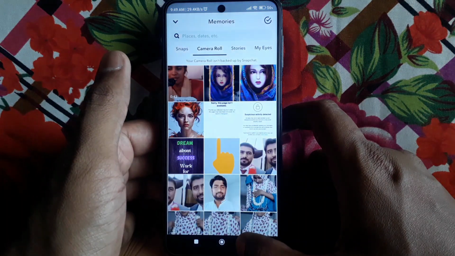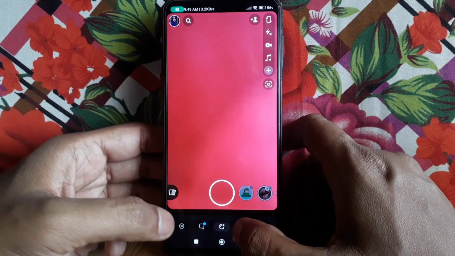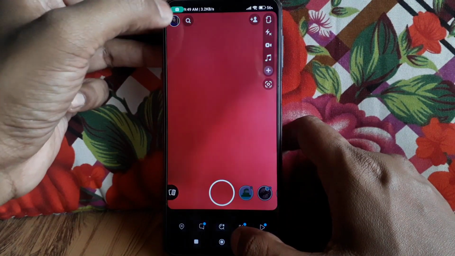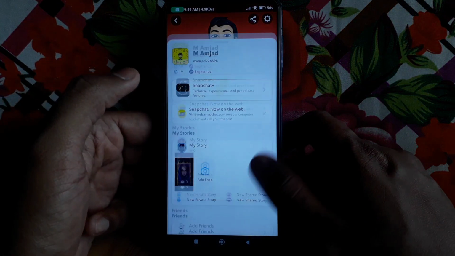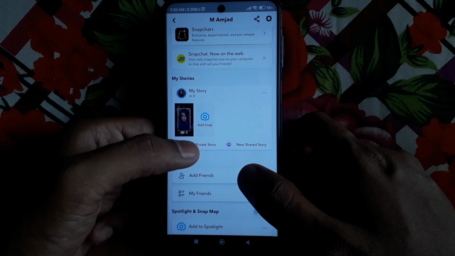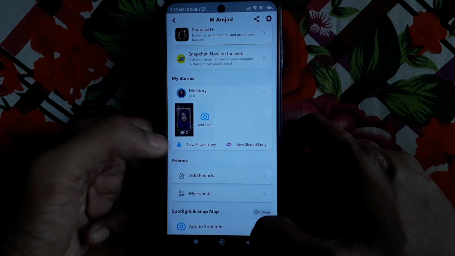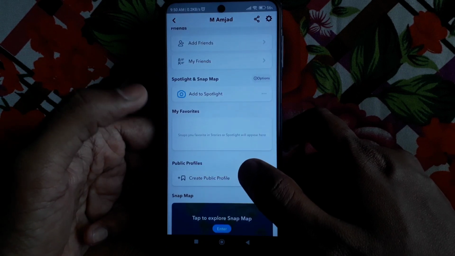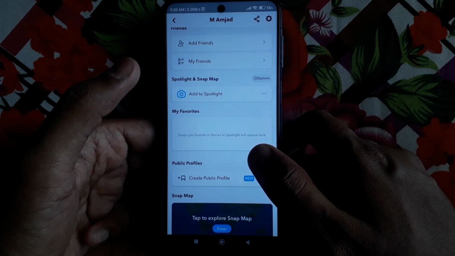Now I will tell you whether it is added to story or not. So what you have to do, you have to simply click on the bitmoji, and after that you can easily see that the picture from the gallery has been added to your story. In this way you can add any of your pictures from the gallery